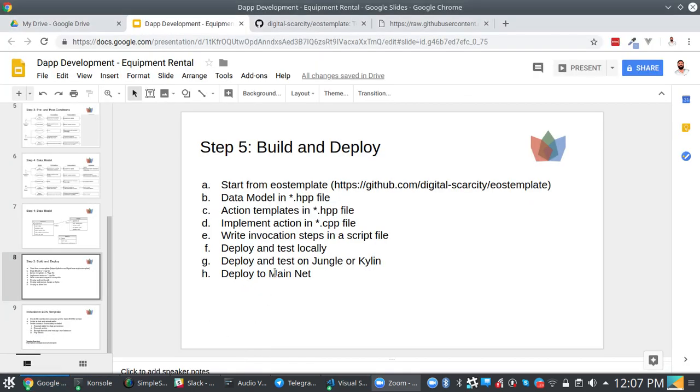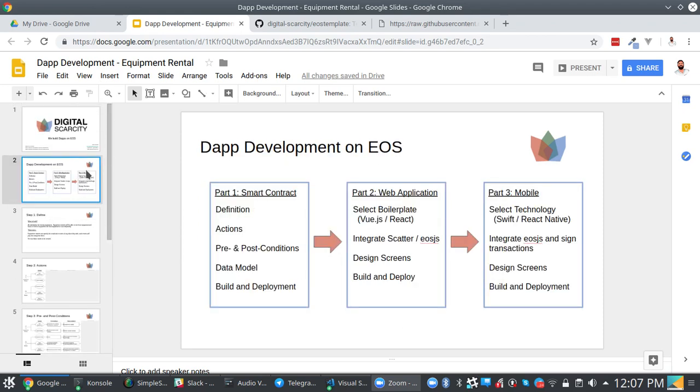Let's see. Great. So my next step, we've deployed and tested locally. My next step, I'm not going to do it in this video. I'll do it in a subsequent video. I will be deploying this to the testnet, either Jungle or Kylin, do some additional testing, and then I would deploy it to mainnet. And then back at the bigger picture,